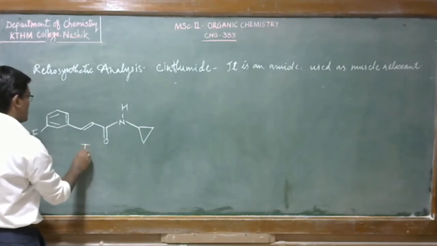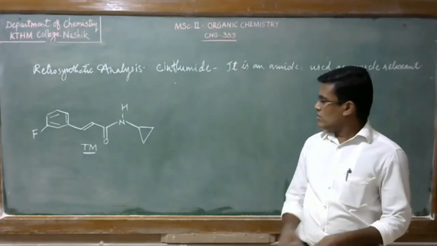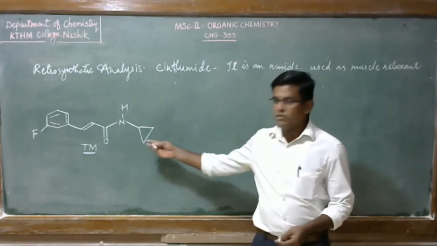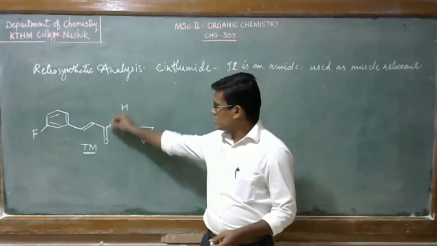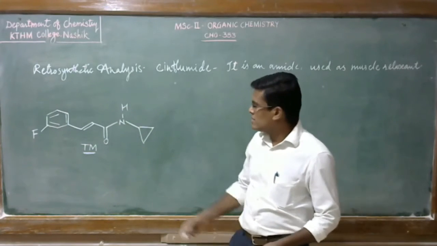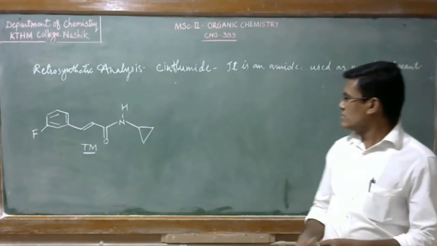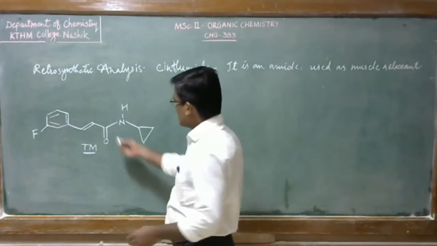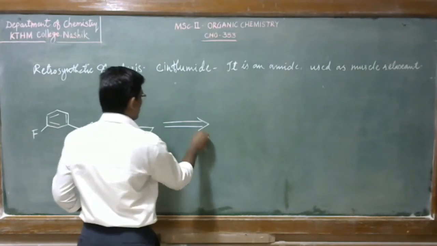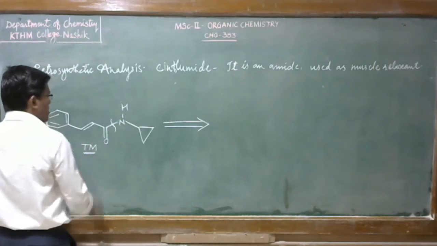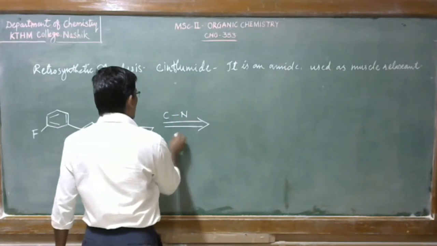So this is our target molecule. At first sight, when you look at this molecule, you will observe the presence of this amide linkage, as well as this alpha beta unsaturated carbonyl compound. So first of all, we will disconnect this bond. Let's put the retrosynthetic arrow. When you break this bond, that is the C-N amide bond,